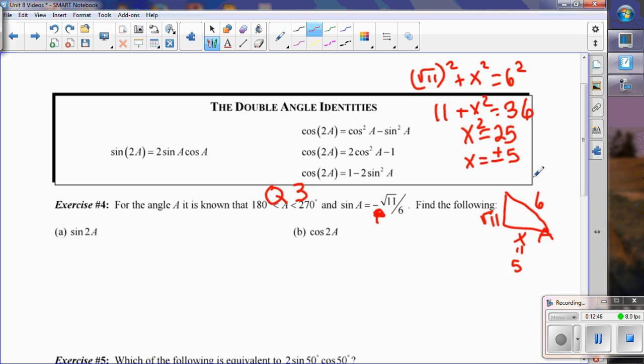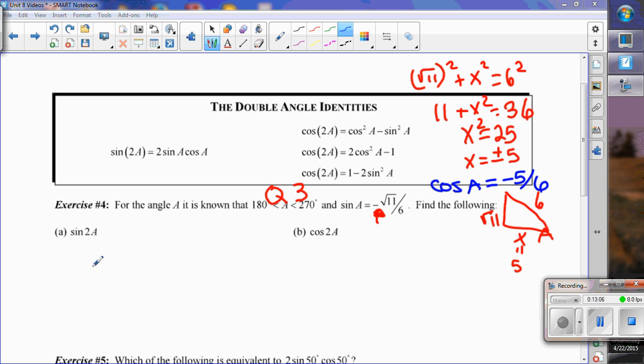Now we're in quadrant 3, so the next thing you need to do is think about cosine. We know that the cosine of A in quadrant 3 is going to be negative, and cosine is adjacent over hypotenuse, so it's negative 5/6. Okay, so now we just have to find the sine of 2A. So now going back to our formula from up here, we know that this is going to be,